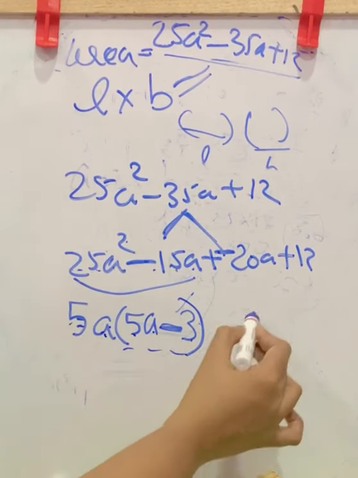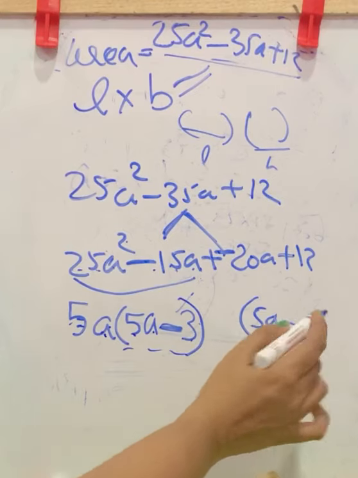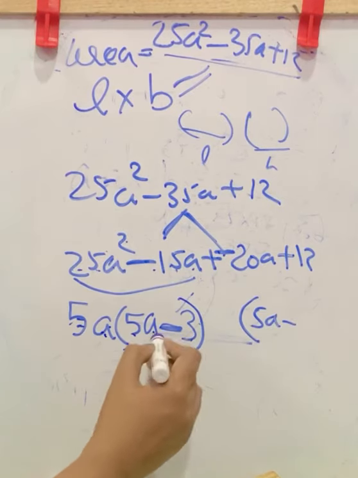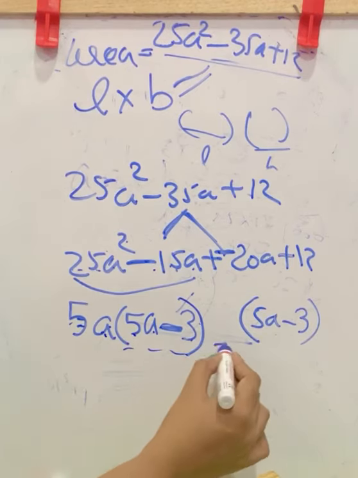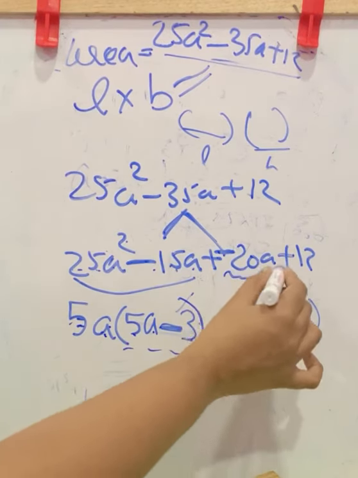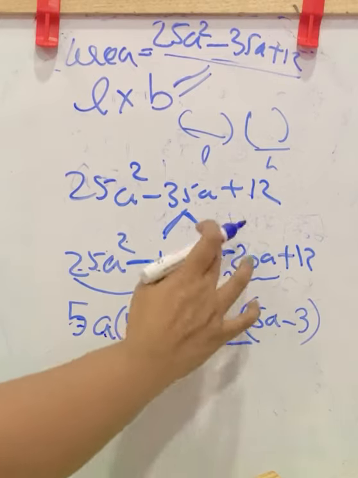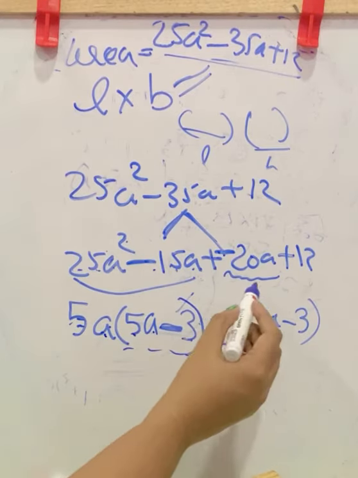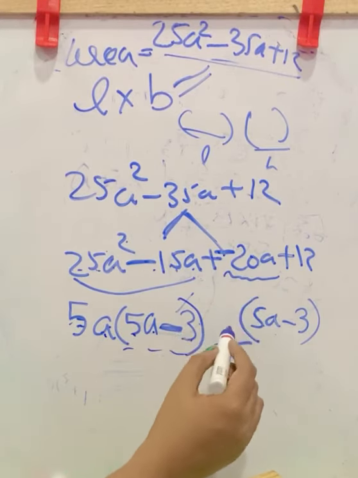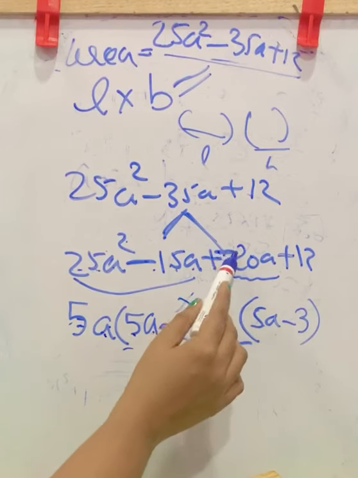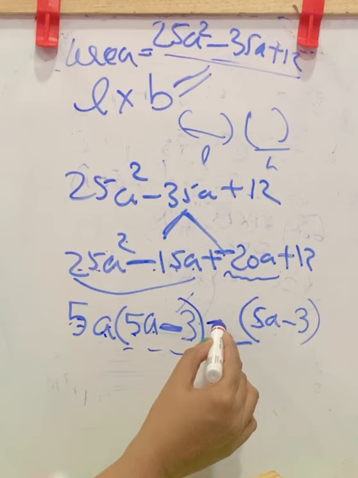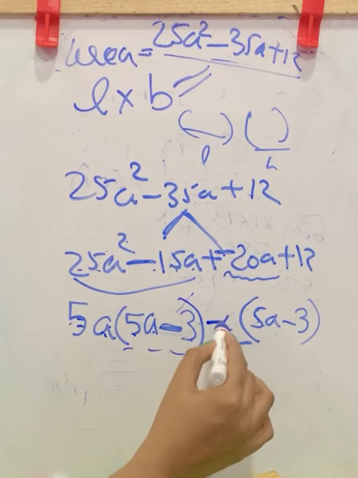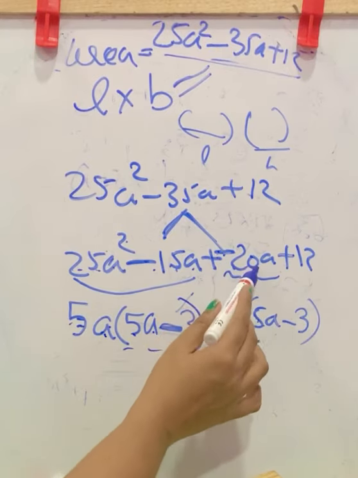Next step in the middle term splitting method: first you write the bracket itself here, because you want to take it common in the next step. So write the bracket here, 5a minus 3. Now check, dash into 5a, you want to get minus 20a. That is this third term. 4 into 5 you get 20. Now here you want to get minus 20. So this is positive, so here you want to put a negative. Negative 4 into 5 only, you will get negative 20.